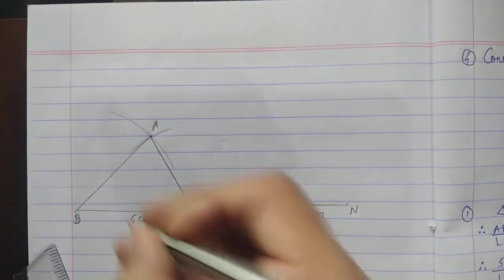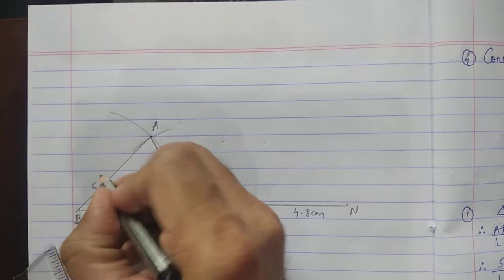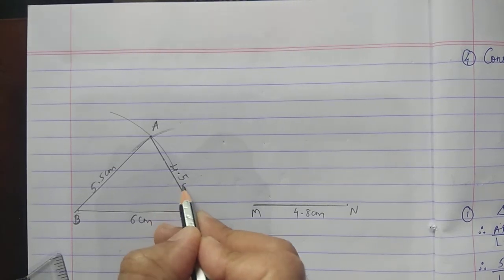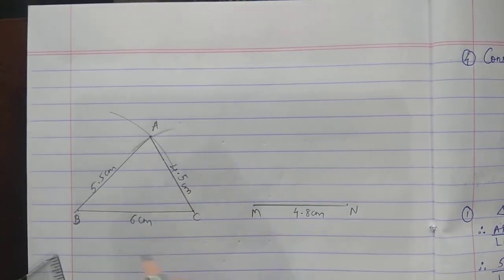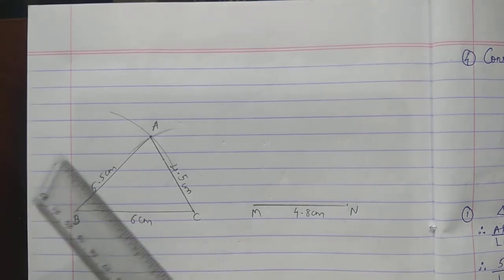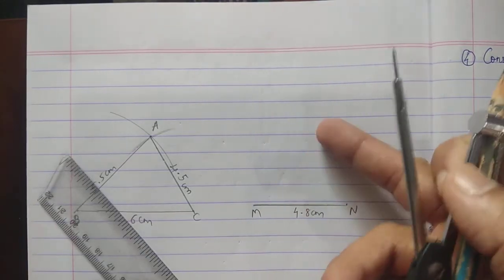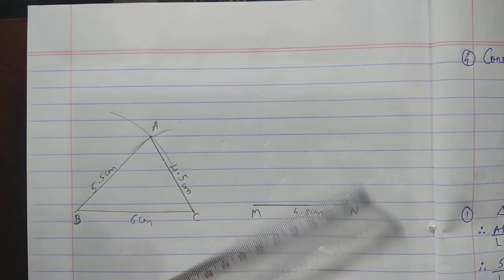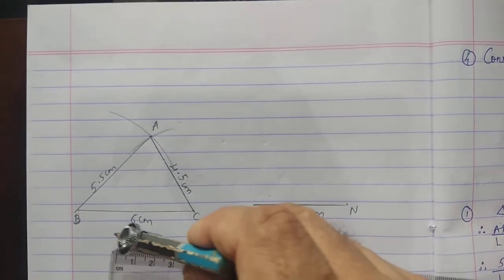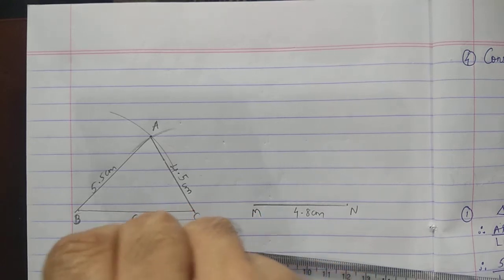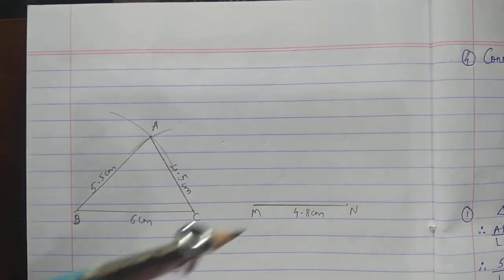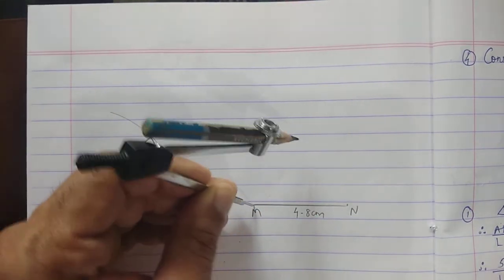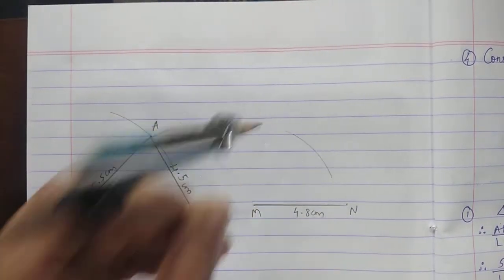Okay, and write the length of the segment AB, 5.5 centimeter. AC is 4.5 centimeter. Okay, and always write these numbers parallel to the line. It looks good also. Okay, now the same way for triangle LMN. So how much is LM? You can see your calculation. LM is 4.4. So take 4.4 centimeter now with rounder and scale. Okay, so the corresponding side of AB is LM, which is 4.4. So keep the round point at M. Draw an arc again this way.